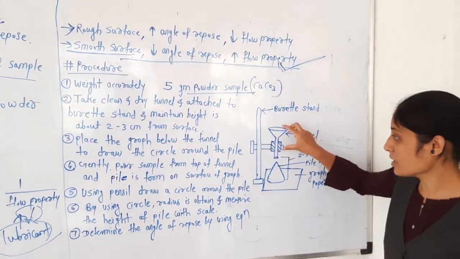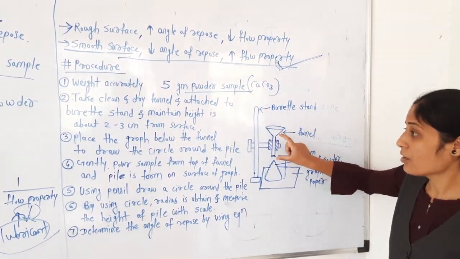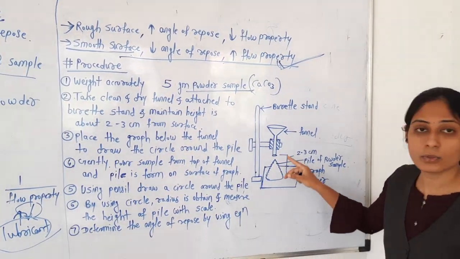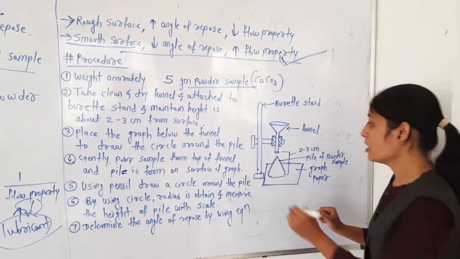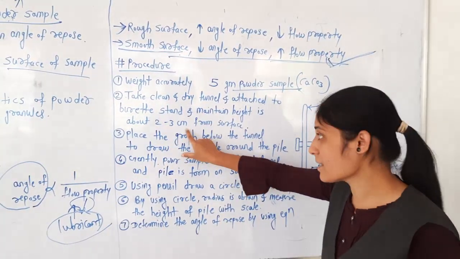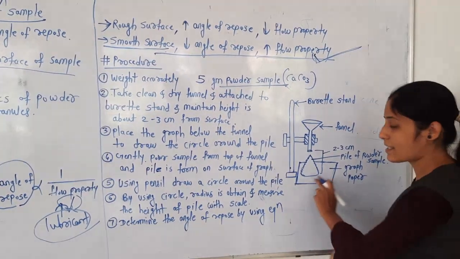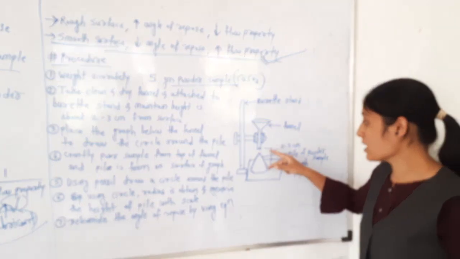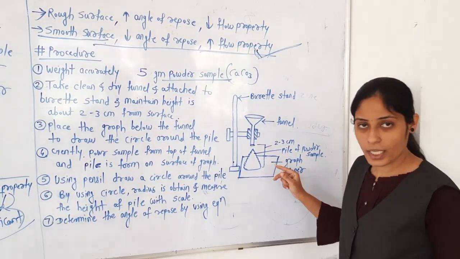After attaching the funnel to the burette stand, we maintain a 2 to 3 centimeter distance between the funnel and the surface. It means the height maintained is about 2 to 3 centimeter from the surface. This is the surface, and between the surface and funnel a 2 to 3 centimeter distance should be maintained. Okay, after that